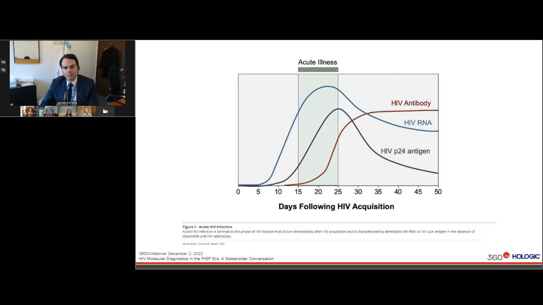So that's basically what we have. Some tests that are very rapid but not quite as sensitive, and some tests that are hypersensitive but not quite as rapid. So there's always a little bit of a trade-off. And I think throughout the time period of this webinar, we'll talk about advantages and disadvantages of using these tests at different times for different